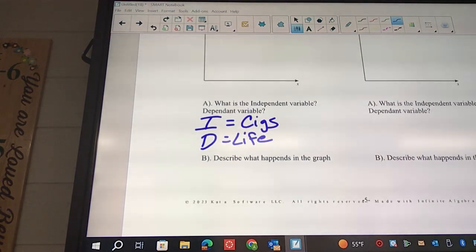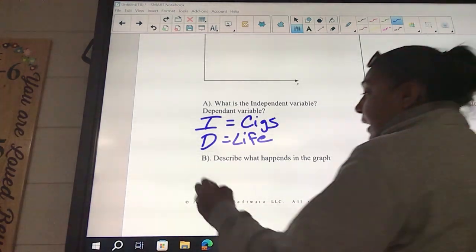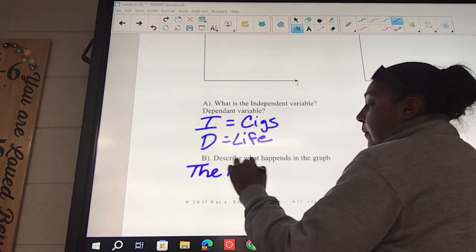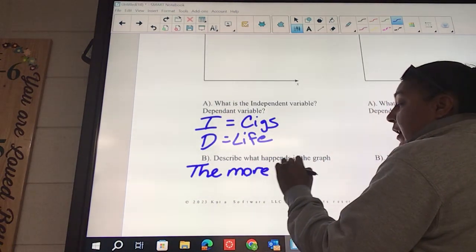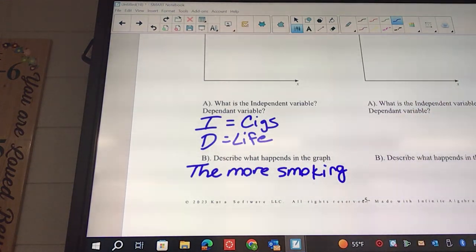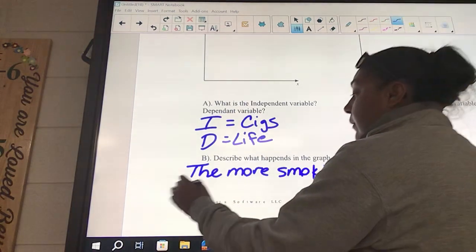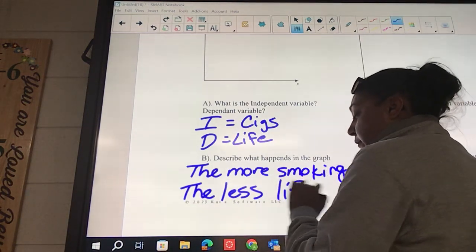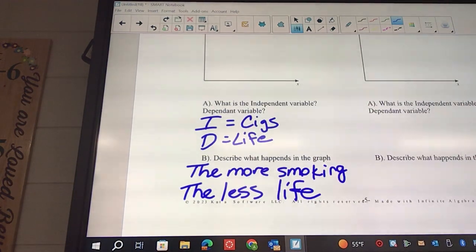Now describe what's happening in the graph. My x-axis is going up. So the more smoking, really it should be cigarette smoking per day. What's happening with our life expectancy? It's going down, right? So the less life. And again, that's not a good sentence, but